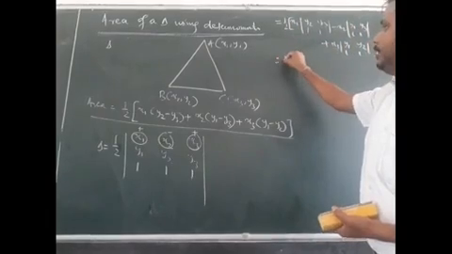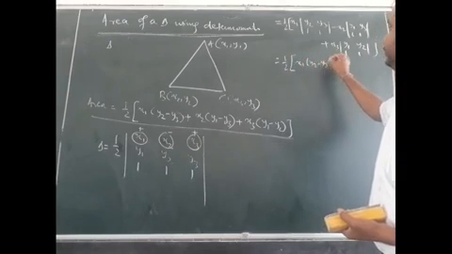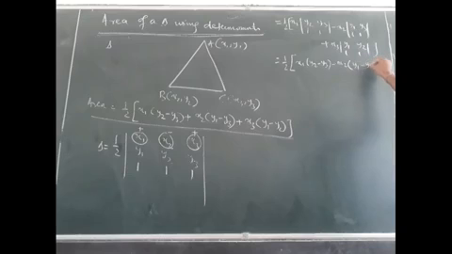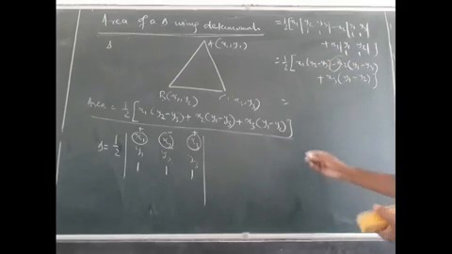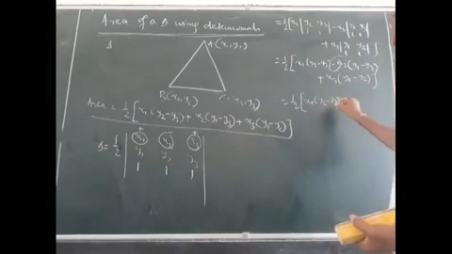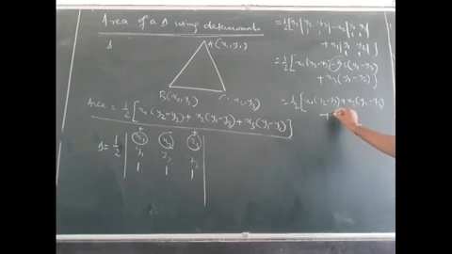Look at this. Let us expand this one. This one will be x1 into (y2 minus y3) minus x2, this one is this into this minus this into this, so y1 minus y3. Then at last plus x3 multiplied like this, (y1 minus y2). Now if I want to remove this negative sign by a positive sign, then I can get it like this: half, x1 (y2 minus y3), then plus x2 (y1 minus y3), and plus x3 into (y1 minus y2).